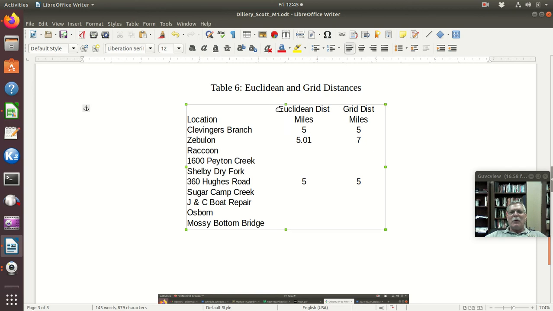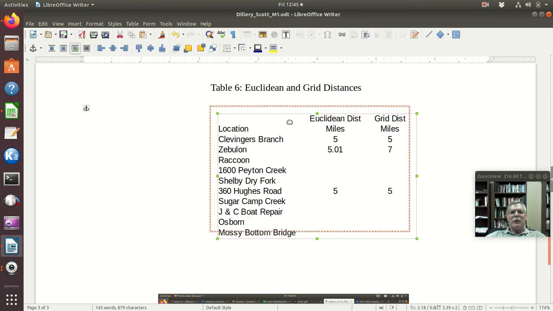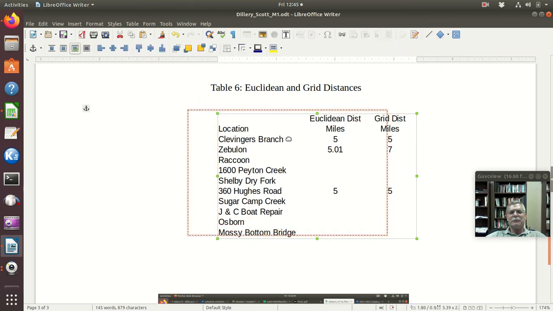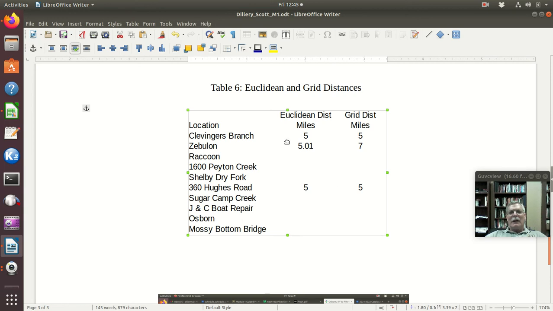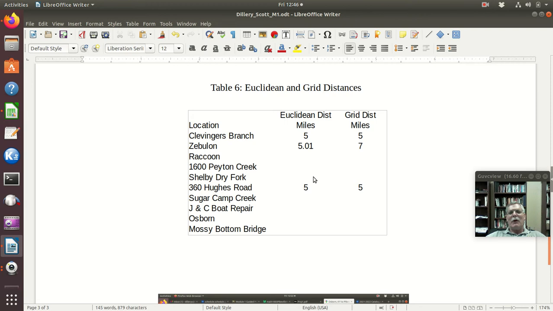Now, I suppose what you could do, so see, it kind of puts it in as a picture. Technically, I said put them all in, and that's fine. I mean, don't wreck a good story with facts and all that. But what you could do, if you thought that's kind of silly that we're talking about grid distance, and in this Table 6, I've got them both.